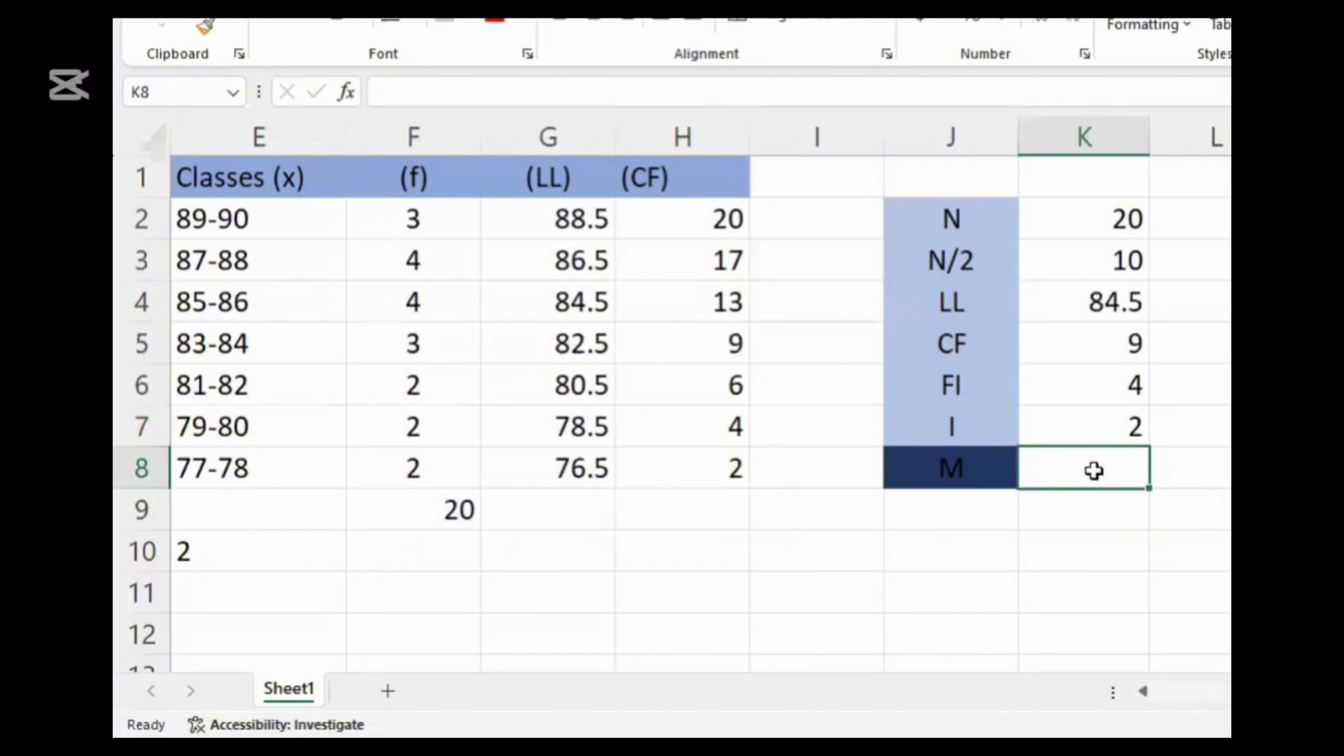be computing for it using the formula of LL, or the lower limit, plus parentheses n over 2 subtracted to the cumulative frequency, parentheses divided by frequency, parentheses multiplied to interval. So we will be doing that now. So yeah, equal sign, and then the lower limit, plus, and then parentheses, and then will be n/2 minus our CF, parentheses,